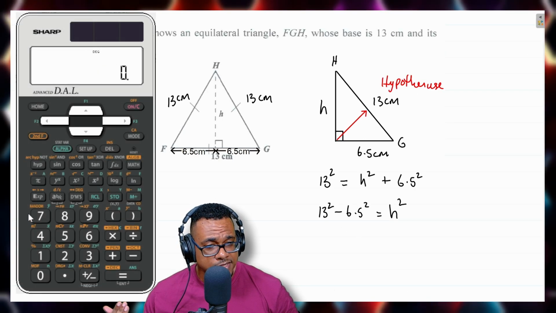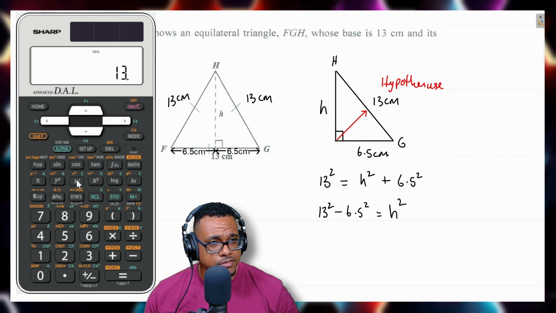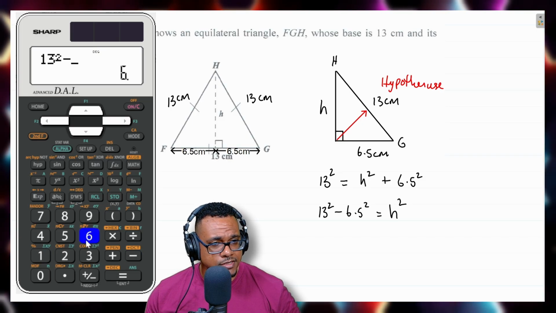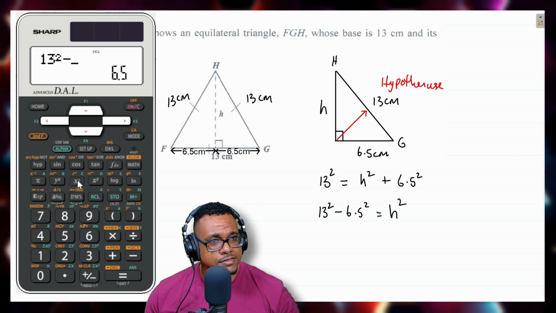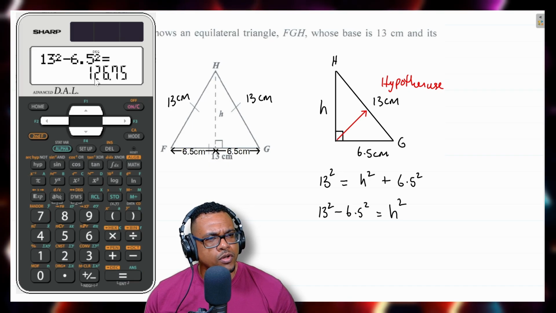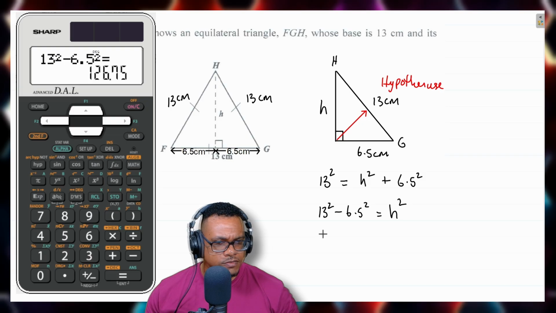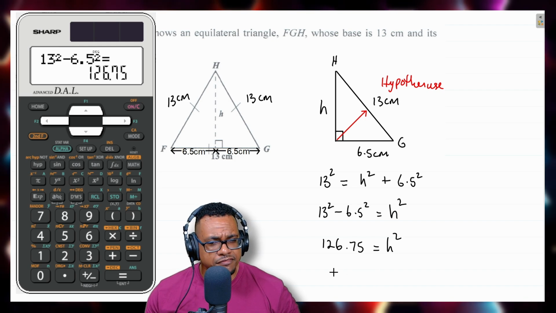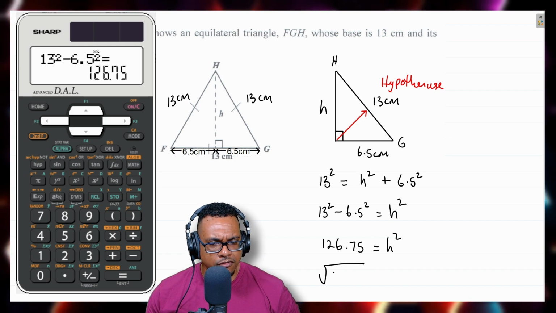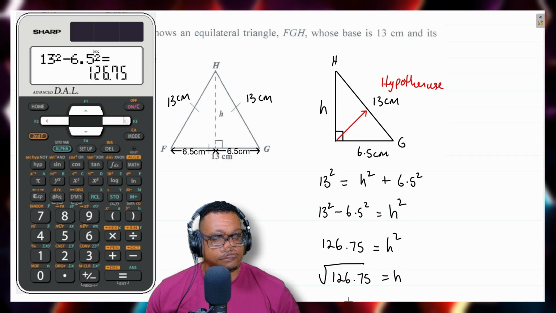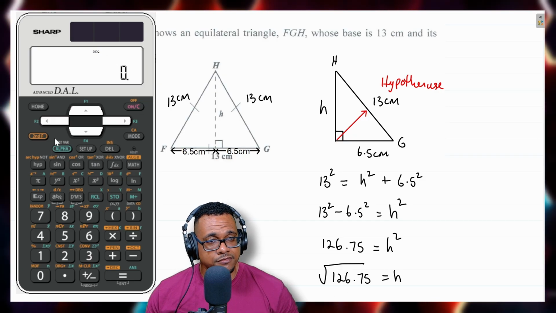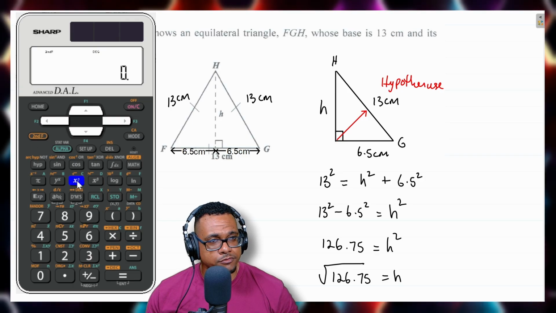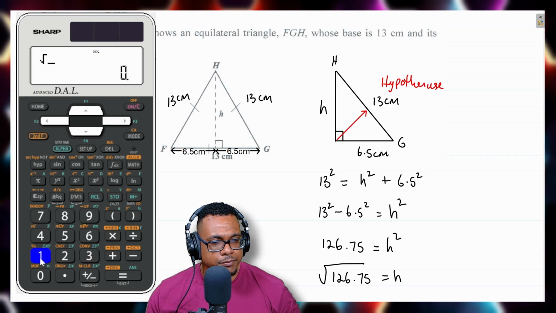And now I could work that out on the calculator by saying 13, press the x squared button to square it, take away 6.5, press the x squared button to square it, press equal, and we get 126.75. So I'm going to have 126.75 is equal to h squared. And if I want to find h, I'll have to find the square root of 126.75. So I'll go to my calculator, and for me I have to press second function and then the x squared button for the square root to come up. And then I put in that